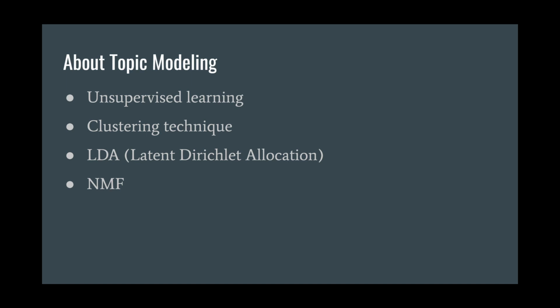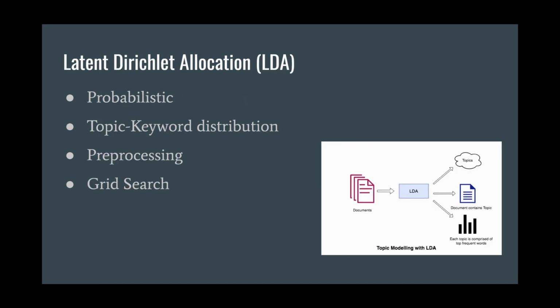This is what topic modeling does to a group of input documents. It clusters similar documents together and can identify the keywords that are commonly found in each topic. There are 2 common methods of doing this: LDA, or Latent Dirichlet Allocation, and NMF, or Non-Negative Matrix Factorization. LDA is a statistical method for performing this task and views each document as a bag of words. LDA consequently uses the keywords in each document to assign it a topic.